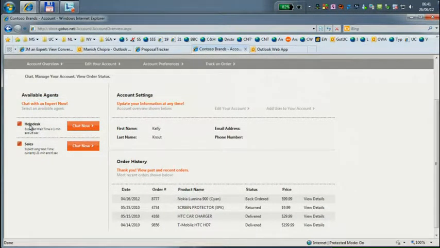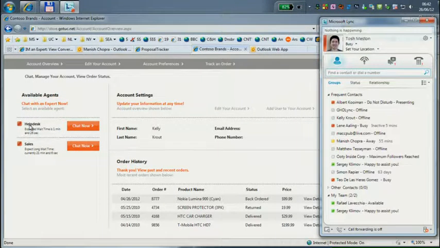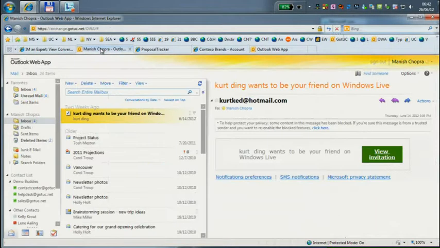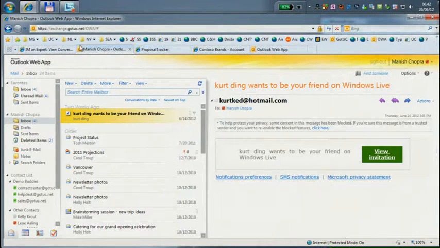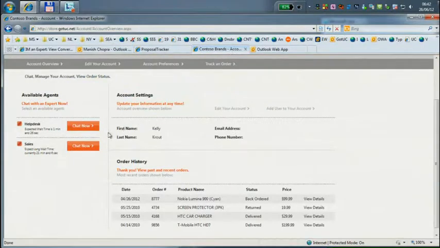But what you see here now on the left-hand side is in the website, I can actually represent not a human being, but a group of people as a particular present state. So at this very moment, Tosh, who is one of the people in the queue, is busy. And the other guy, who I'm going to loop in a moment, Manish, he's here on OWA. He's busy as well. So at this very moment, there is no one actually available for my website. So let me actually go back here. So, however, if I have a call to the help desk, I am able to do the same thing.